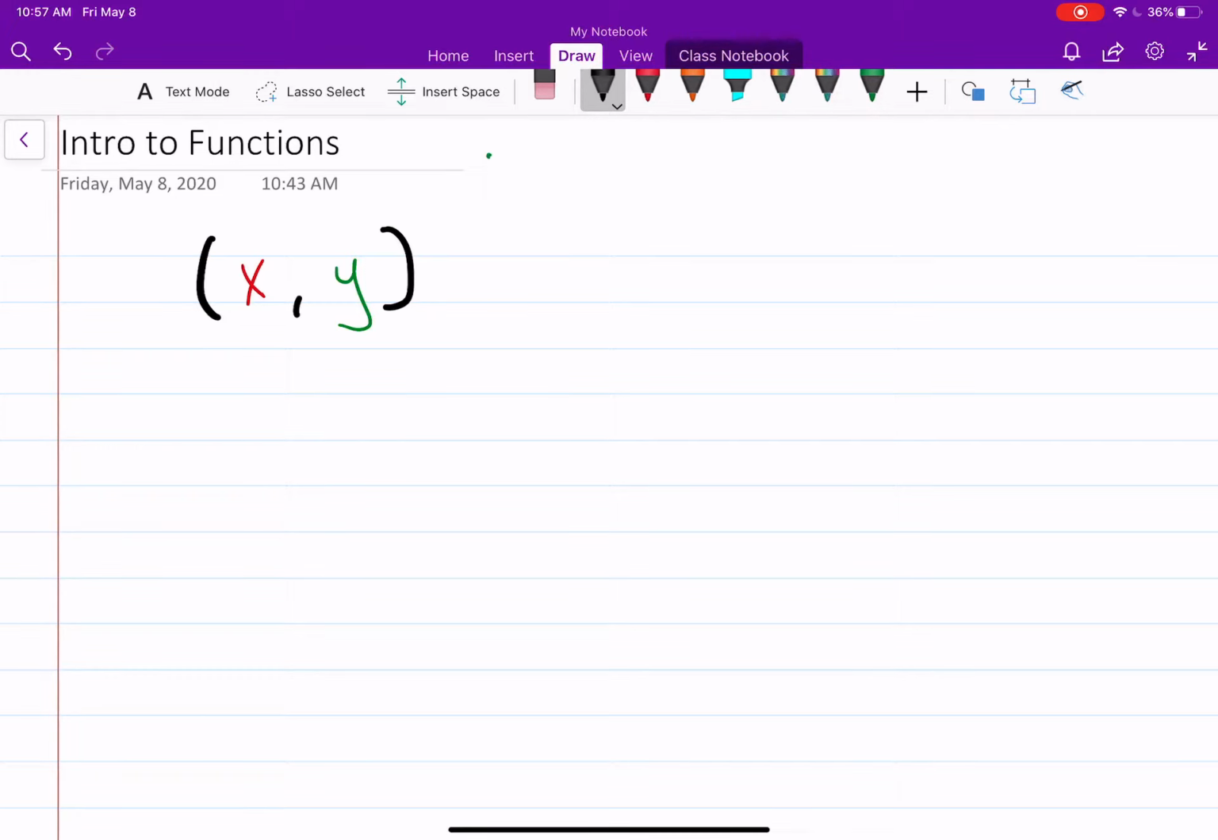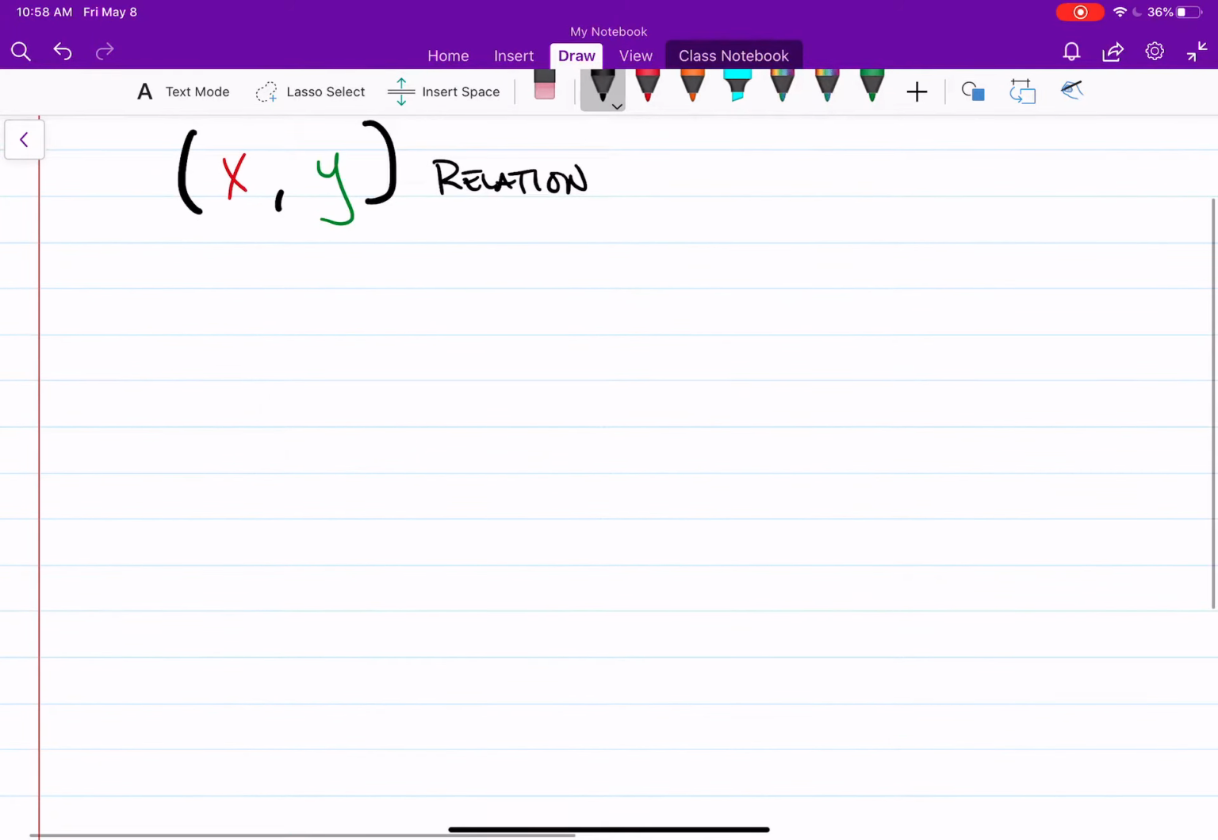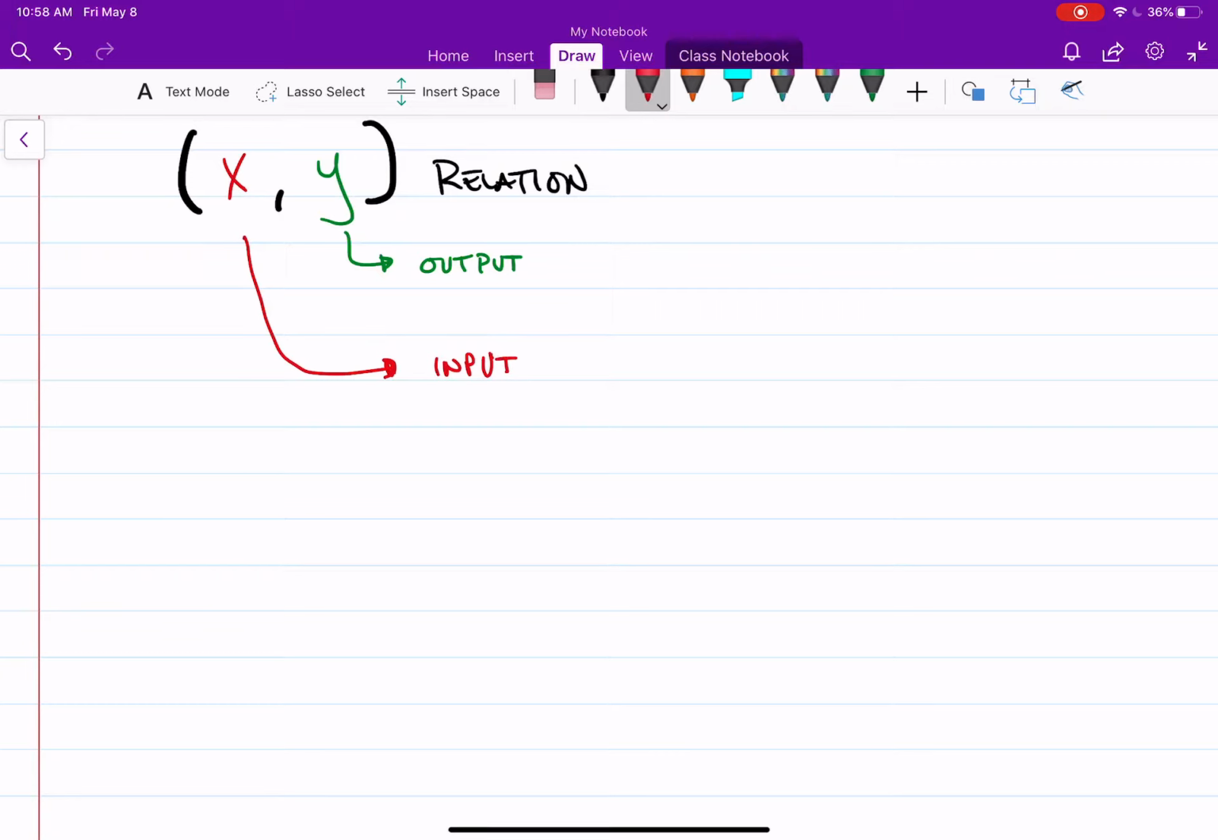Another name for it is a relation. Okay, these are relations. So what we also know is that the y is an output, while the x is an input. Okay, so that's why it's a relation, because anything you put in, you will get out,